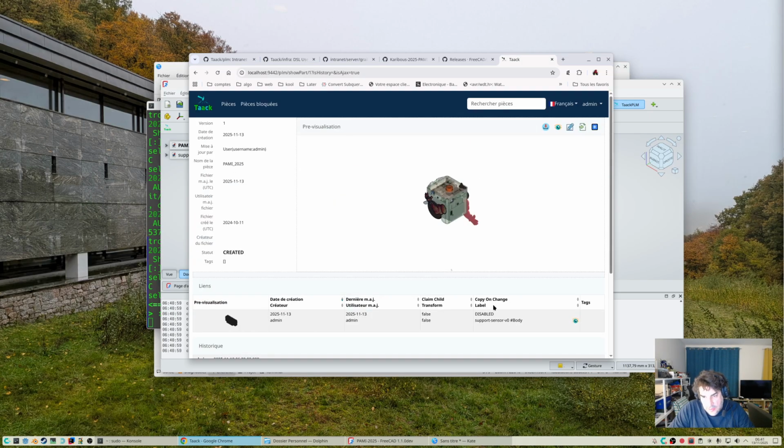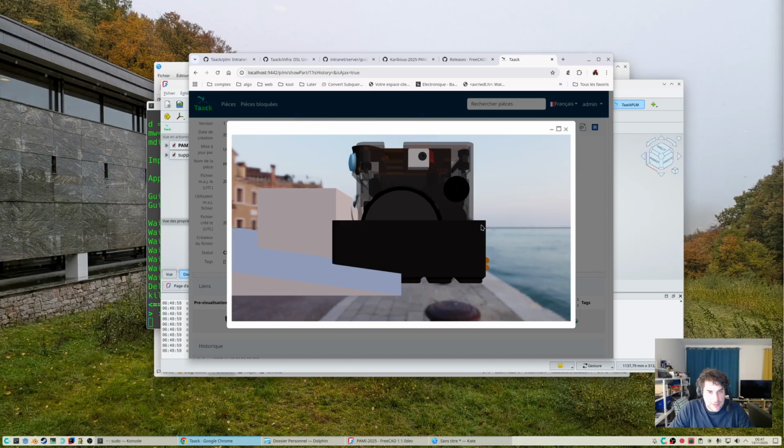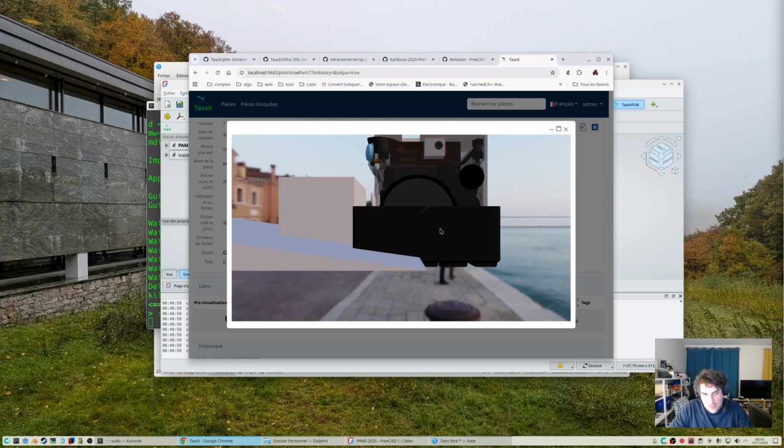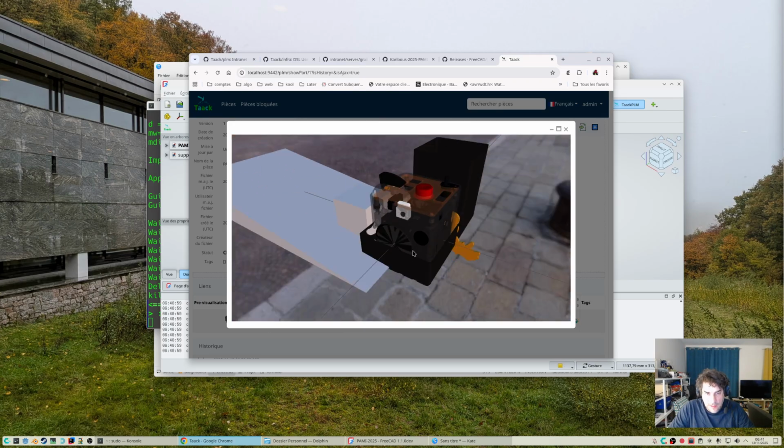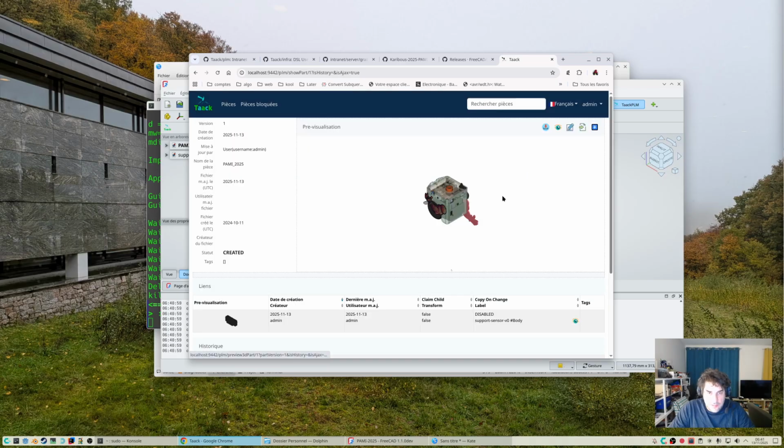So we saw that we can update the model, upload the model. We can also preview the model in a 3D viewer. The same process. The first time you access this viewer, FreeCAD has to create a file. There are some mistakes in this viewer, but because this model is complex and it's maybe built with an old version of FreeCAD, for simpler models the preview looks better.